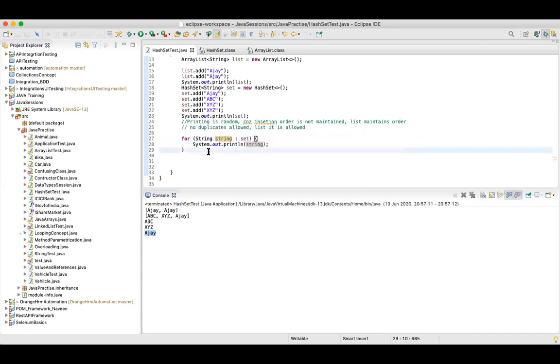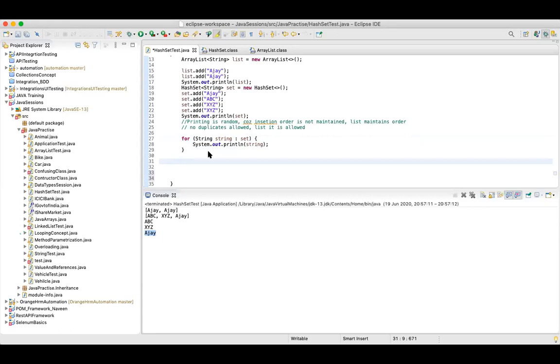Okay, guys, this is the way of printing. There are other mechanisms as well, right? There are five to six ways wherein you can print. You can use a simple for loop, for each, an iterator, or a lambda function. There are many ways. But since you have seen all these, we are not covering the same thing again